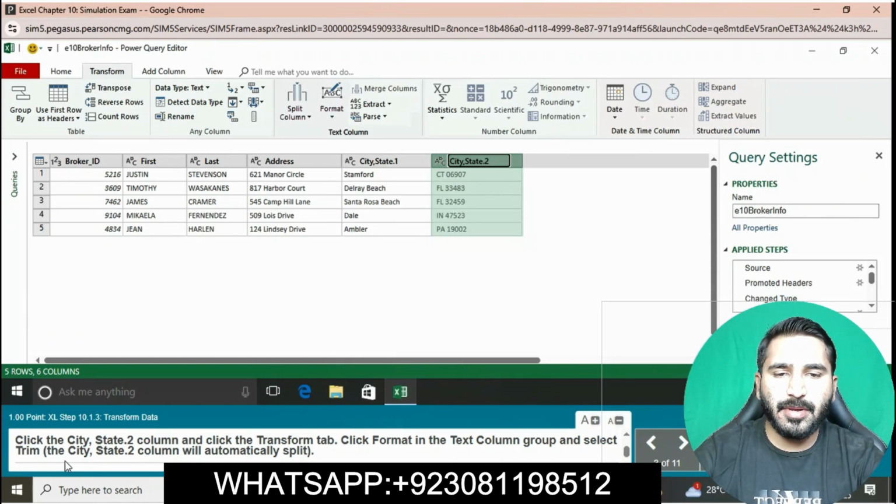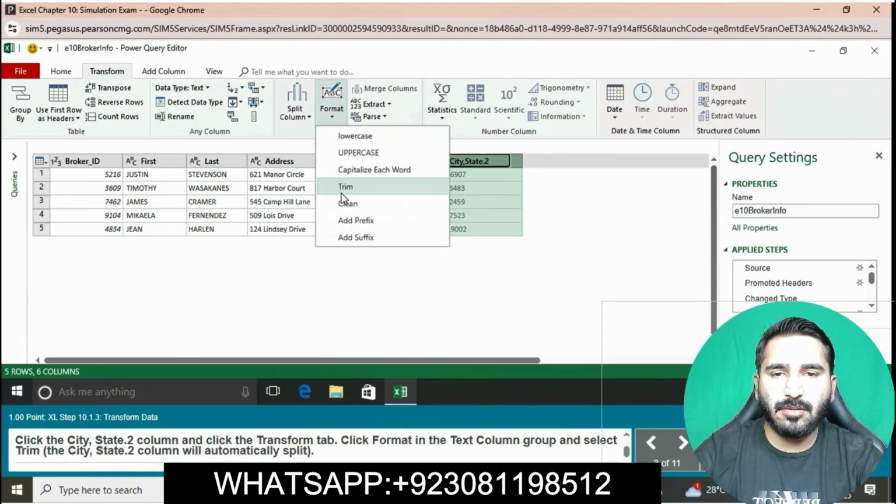Now we will format in the text column group. Format in the text column, simply click on